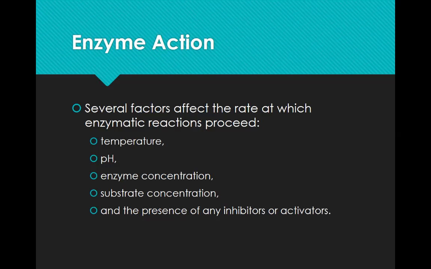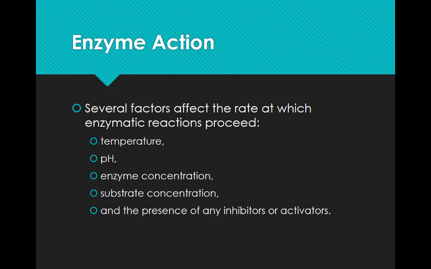Likewise, the more substrate you have, again, it's faster to reach the enzyme, so the more the chemical reaction will take place. However, there is a limit on this. You can get to the point where there's so much substrate that the enzyme can't pick it up and they end up blocking each other, and it can actually slow down the rate. And lastly, the presence of any inhibitors or activators. So activators actually make it easier for the chemical reaction to occur. Inhibitors actually slow down or stop the chemical reaction from happening.